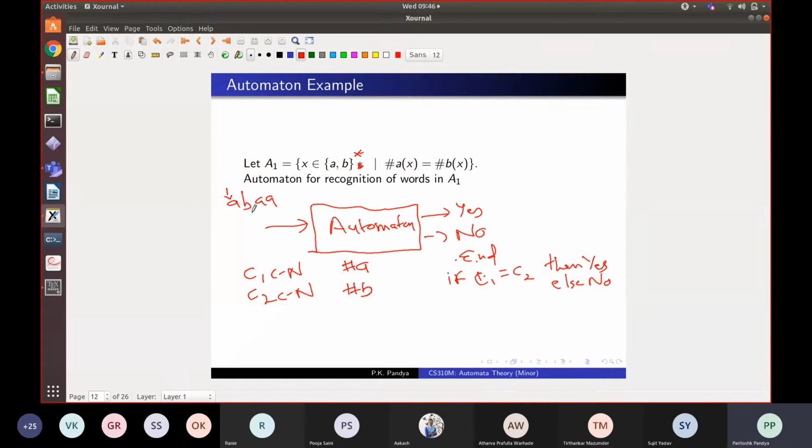But the point is, this automaton will scan one letter at a time. That is one step of computation. During that step, depending on what letter it reads, it will either increment count C1 or increment count C2. So here we have an automaton with memory, and this memory is an important concept. Memory is what it uses at each step of its computation. Its memory consists of two natural number counters, and the operation on the memory is just to increment the counter, and at the end it compares whether the two counters are equal.